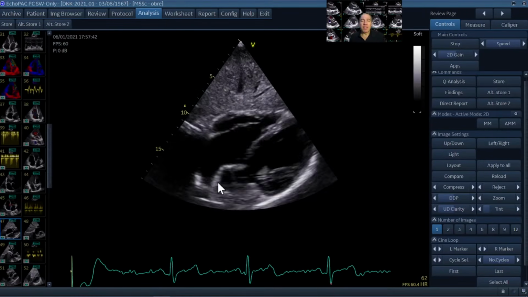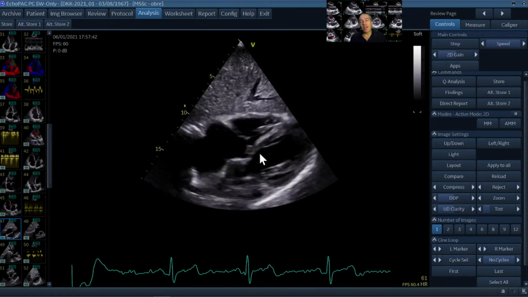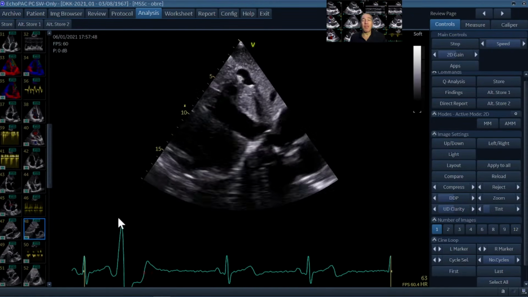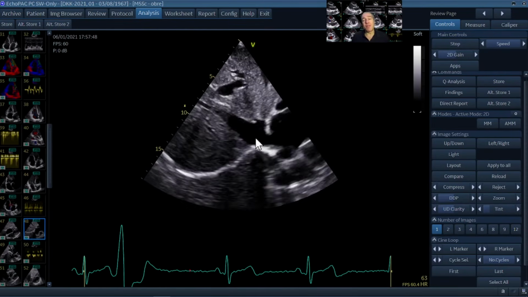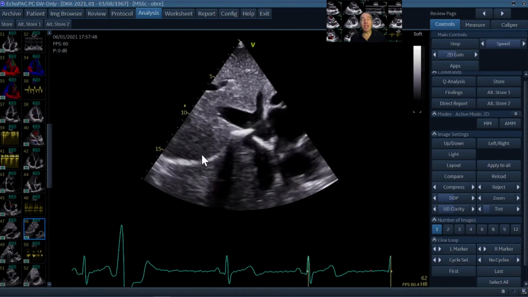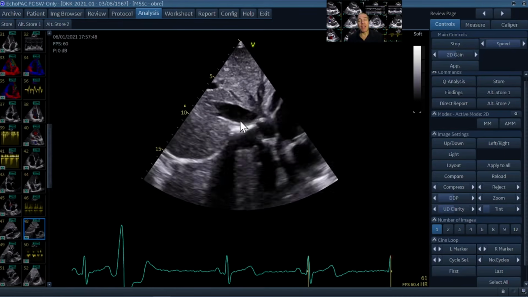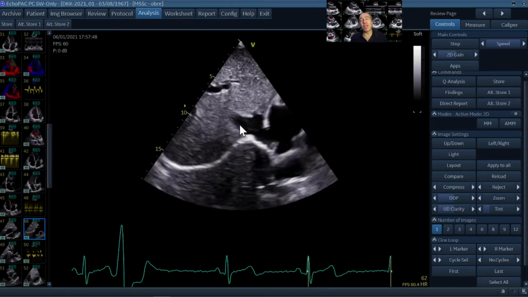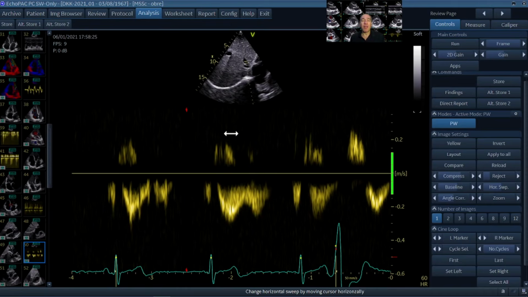From this subcostal view, we call this the subcostal 4-chamber view. You can tilt your probe towards the liver and the inferior vena cava, and then you look at the diameter of the inferior vena cava to estimate the right atrial filling pressure. You should take a look whether it's chronically dilated, whether it's collapsing, and of course you can put a Doppler